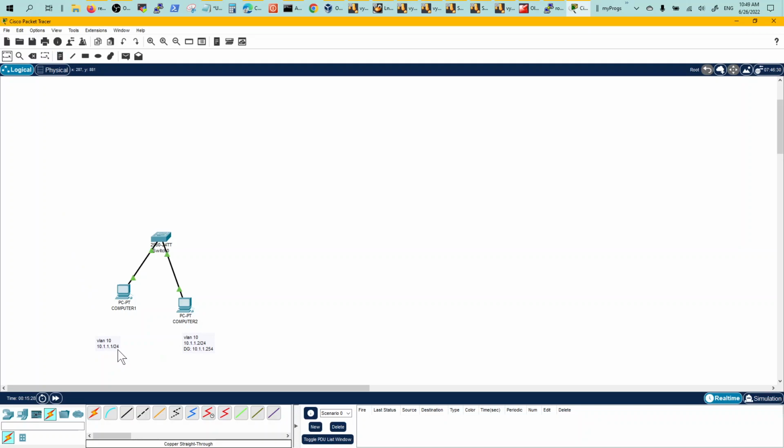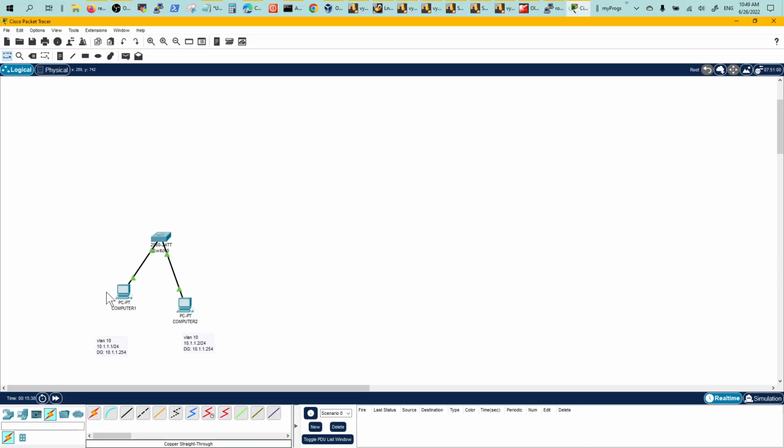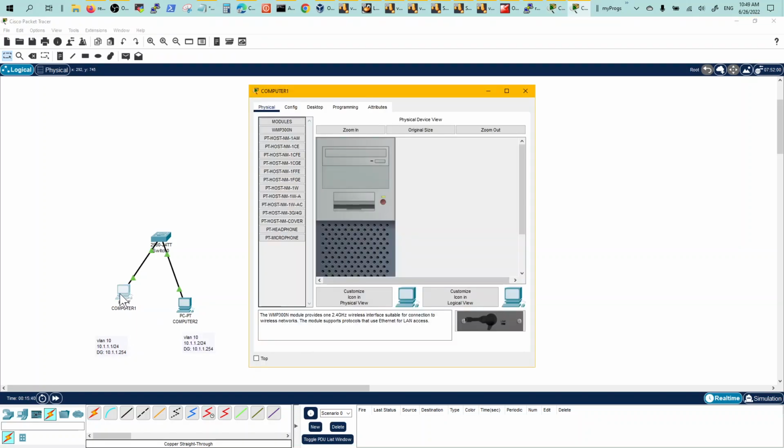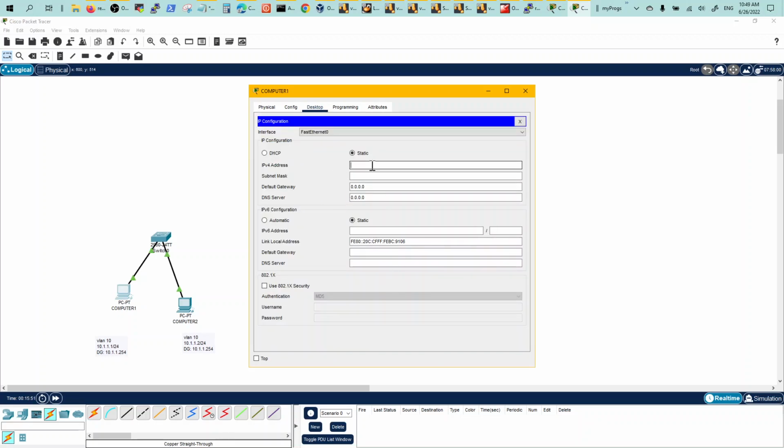Go here to change this guy. Default gateway. So let's configure these guys. You click on the PC and then you go to the desktop. You'll see all the modules here. And on the desktop option, you go to the IP configuration. You put your IP as you labeled it, and /24 is the mask, and your default gateway is